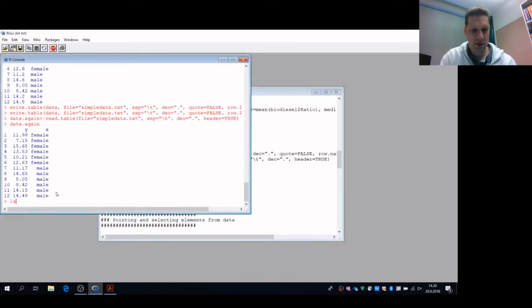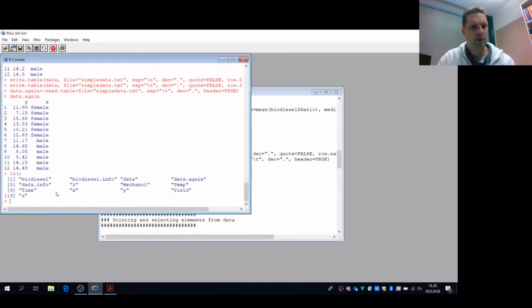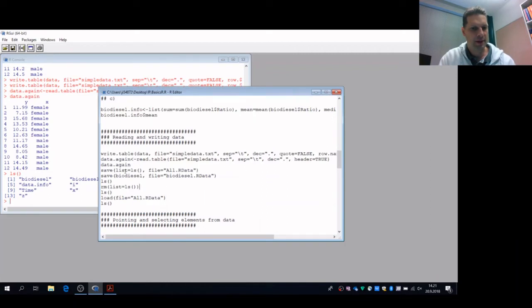So if I use this sort of a command, ls, it lists all the objects that are currently in the memory of this R session. And one way to save all these elements is to save them to a file. If I use a function called save, and I put as the argument list all that is listed here, and a file name, all data RData, then